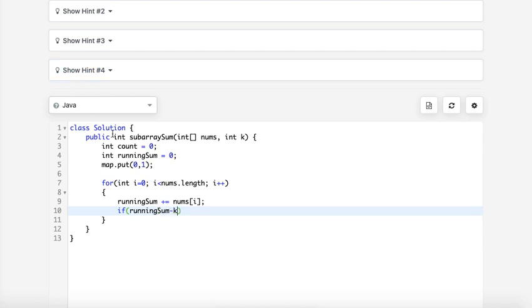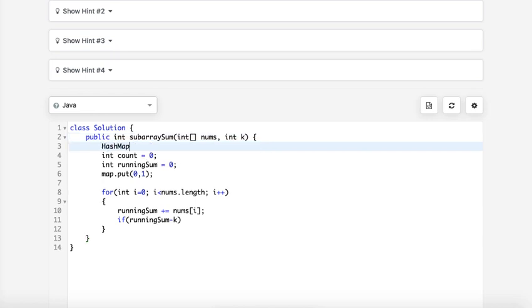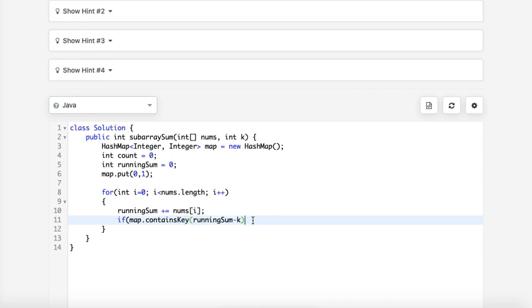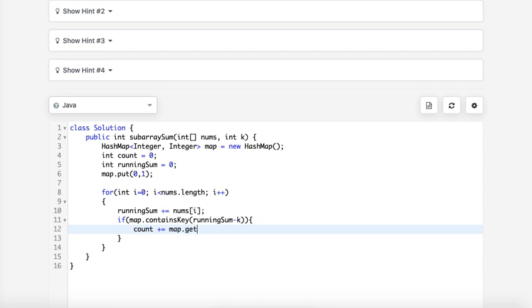Sorry, I haven't initially written the hash map yet. We need the hash map, right? We have not written it. So if map contains this, then I'll update the count with how much it has, I mean the count.